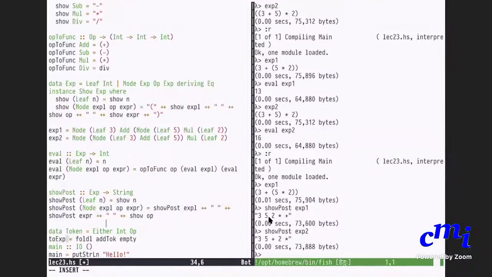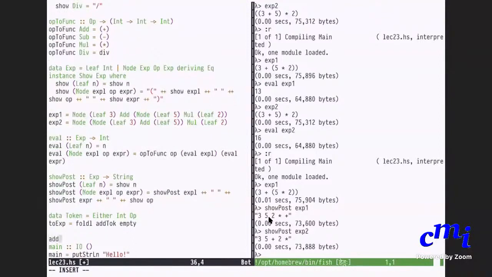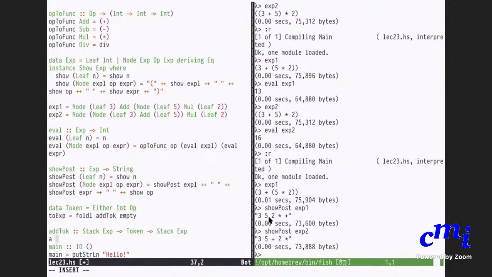Okay, now add token is what I want to define. Add token is a function which takes a token. You should take a stack of expressions and you will take a new token and you will add it to the stack. Okay, so add token of